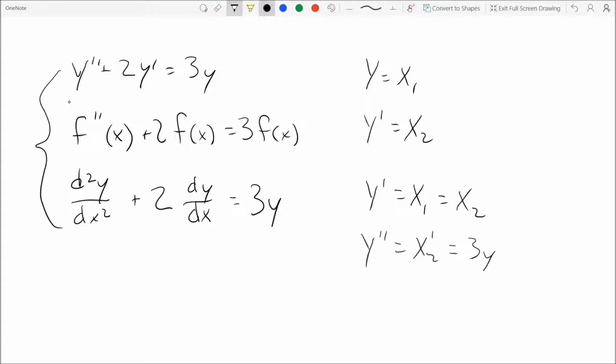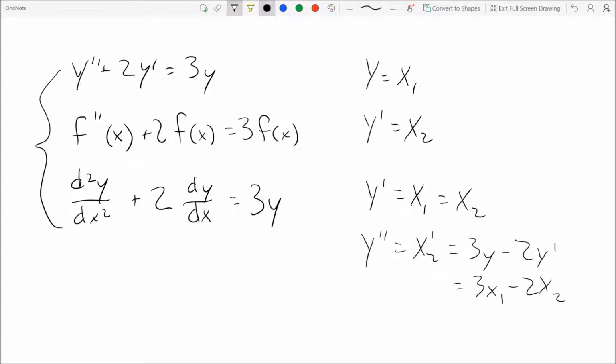So 3y minus 2y prime, which is also equal to 3x1 minus 2x2. And so now we just have a system of equations,